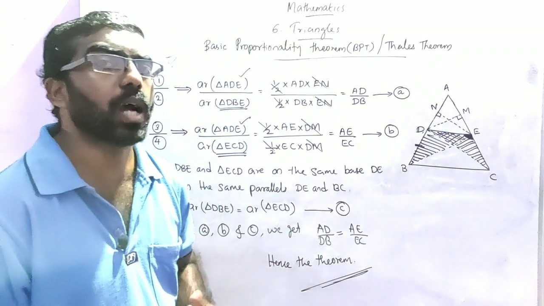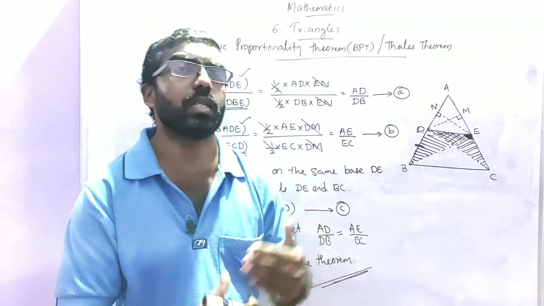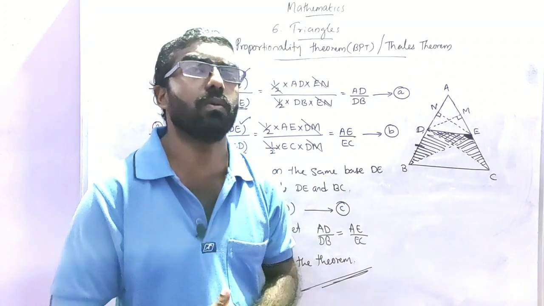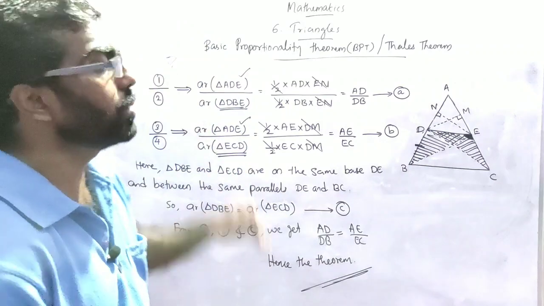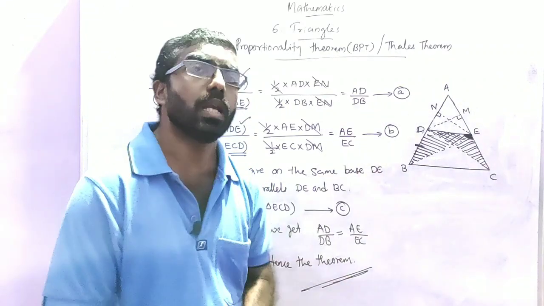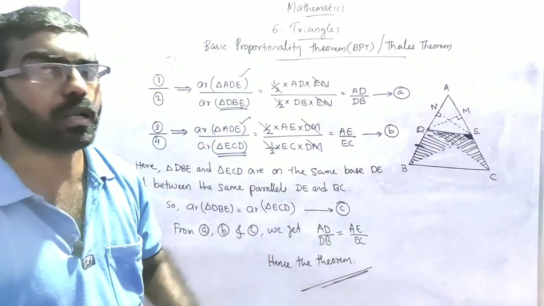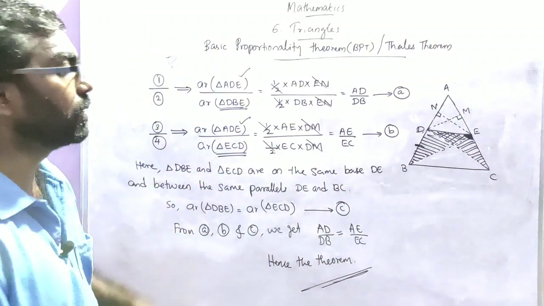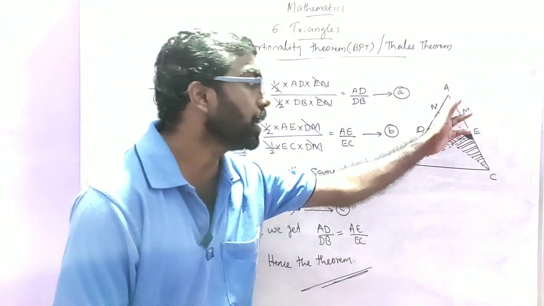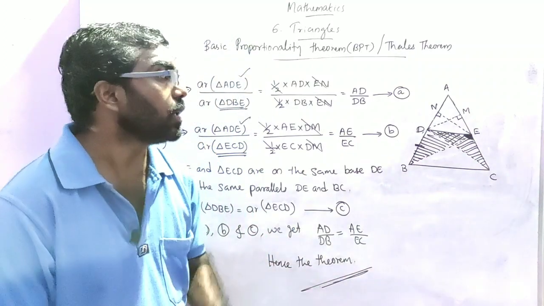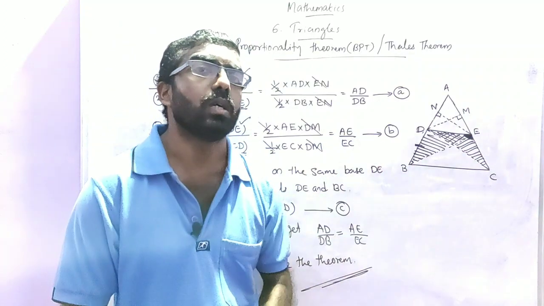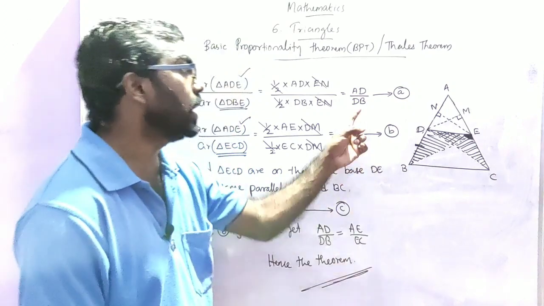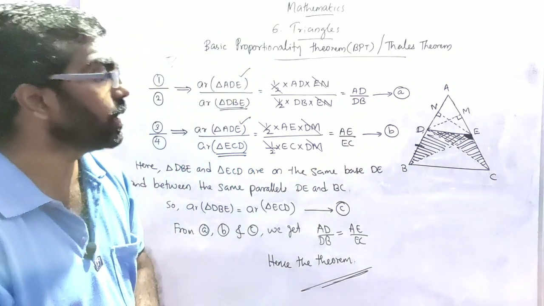Now the next thing is we have to divide first equation by the second equation and third by the fourth equation. So equation 1 by 2 implies we get what? AD by DB, like terms we can cancel and the remaining is AD by DB. And 3 by 4, here also we get the right part, AE by EC. Now we have to prove these two ratios are equal, that is AD by DB equal to AE by EC.